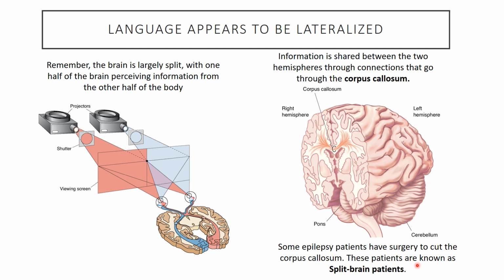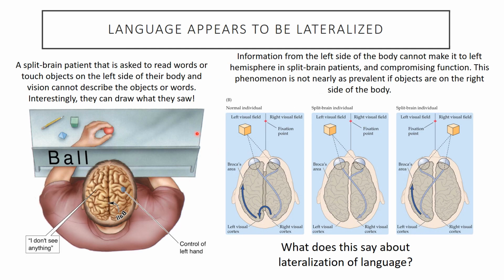They generally are pretty much okay, but it turns out that there are some really interesting things that they can't do, and that reveals some important details about how the brain processes information. Speech is one of those things that we've learned a lot about from split brain patients. So we're going to talk through some basic experiments that have been done with some of these split brain patients that show that language is largely lateralized.